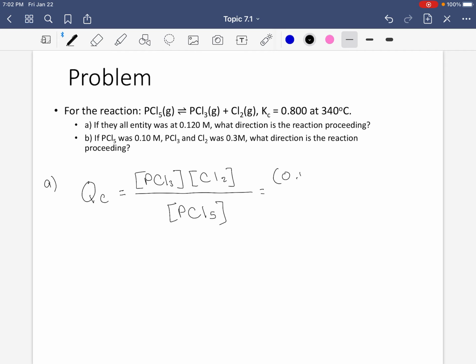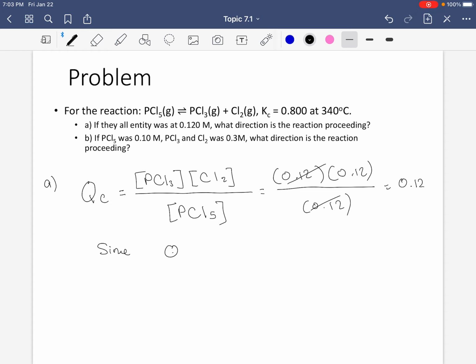So this is 0.12, this is 0.12, you're dividing it by 0.12. You can't get easier than that, and I hope you don't need a calculator for this. But QC is 0.12. What is KC? KC is 0.8 in this case,